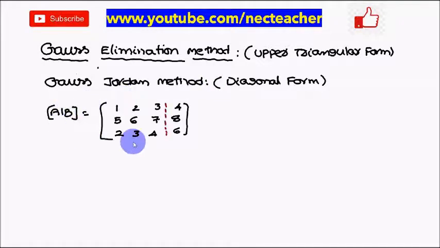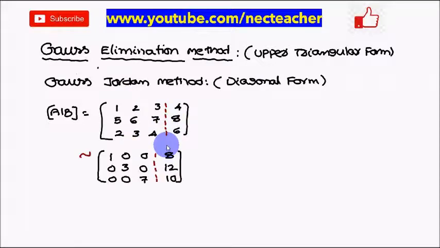So what is meant by diagonal form? Let us discuss. In the matrix A, only the diagonal elements should exist and the remaining elements should be zeros. Consider the matrix A in the augmented matrix. Only the diagonal elements should exist and the remaining elements are zeros. Then you can call it a diagonal form. Only row operations you have to apply in Gauss elimination as well as the Gauss-Jordan method.